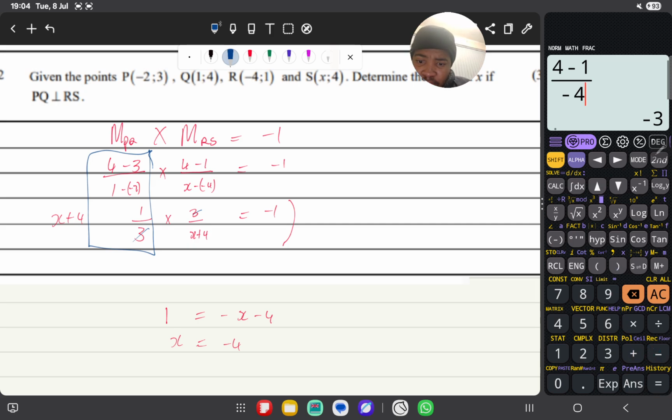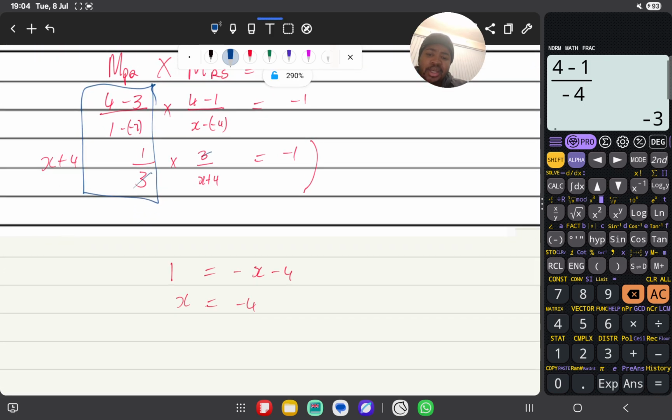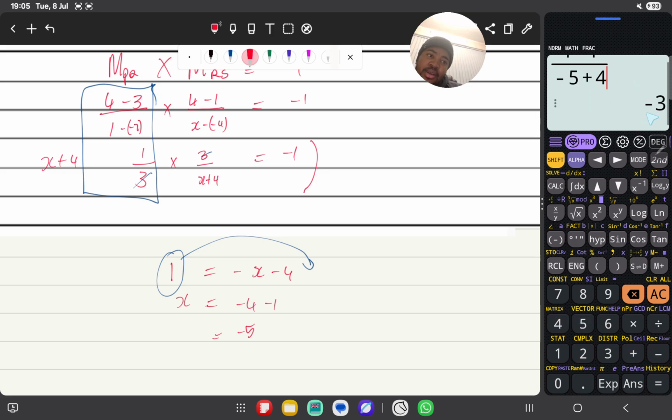-4 doesn't, no. Forgive me. We transpose it to the side, so we have this going that side. We have -4, then we have -4 minus 1, which is -5. So yeah, plus 4, right? We are getting -3, and then that -3 you multiply with 1/3, you get -1. So yeah,